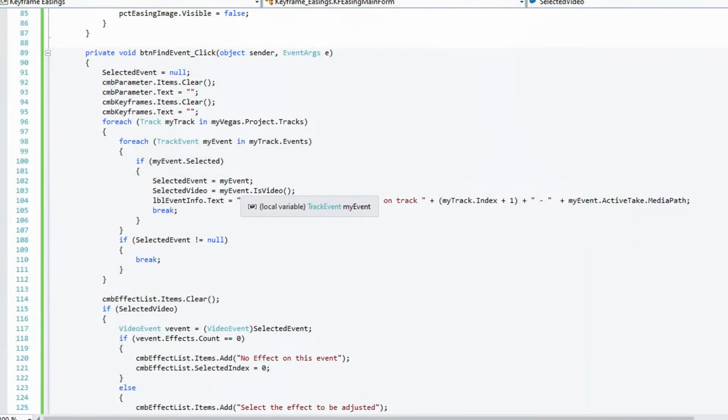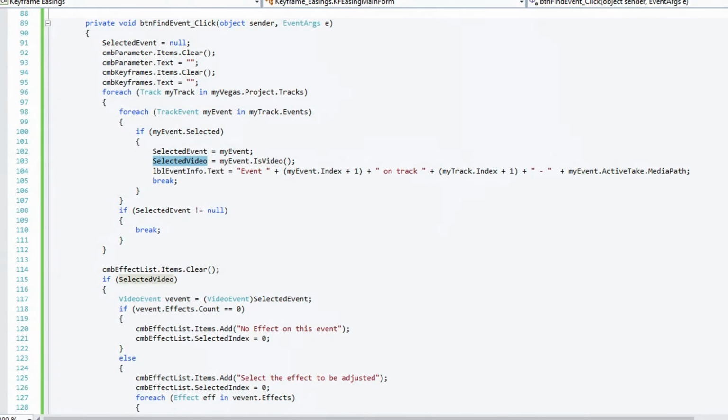It's whether or not this is a video clip. So let's come back down here, and we're going to set our selected video to myEvent.isVideo. So if it is video, that will be true. If it is not video, that will be false. Then I'm going to put some information about that event into the event info. So I changed the .text to event, and then I want it to say it's my index plus 1,